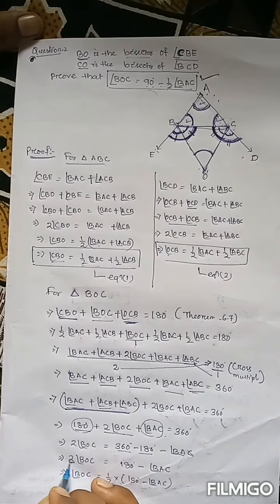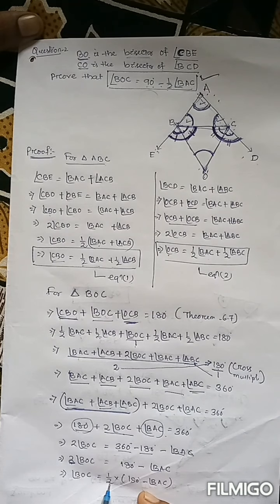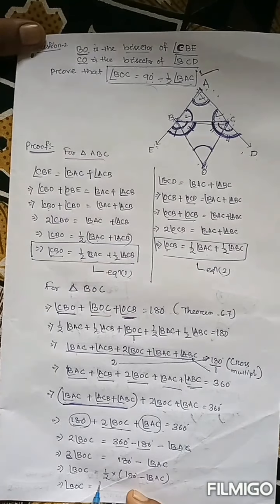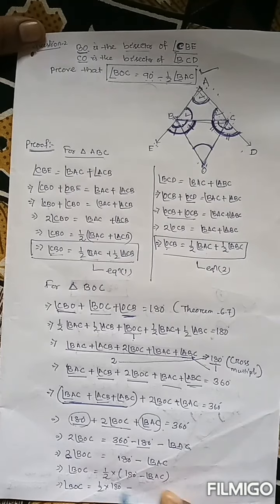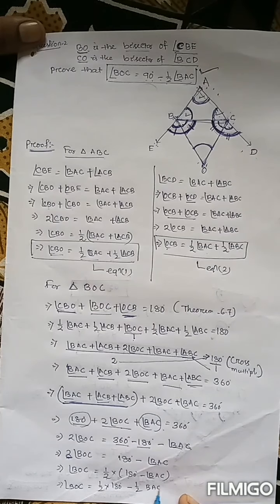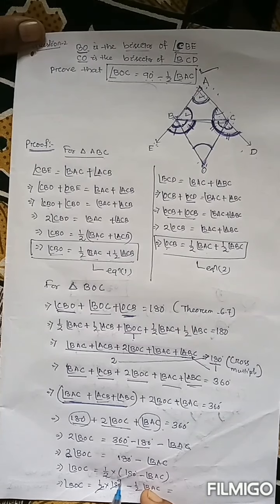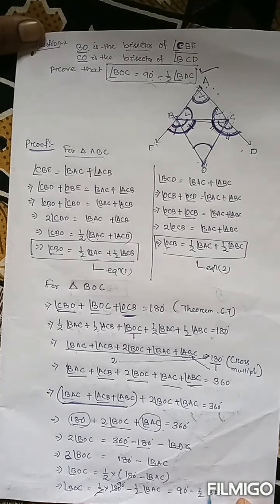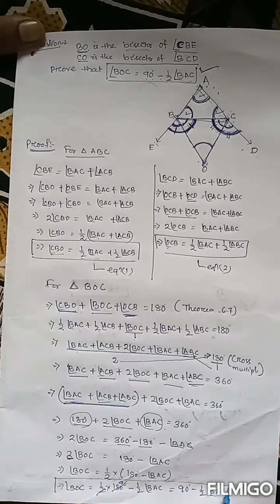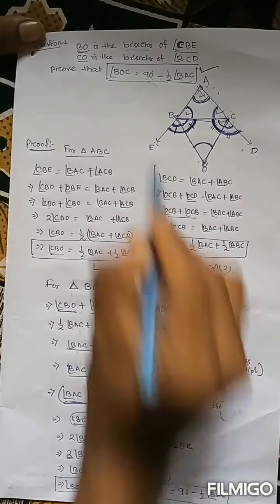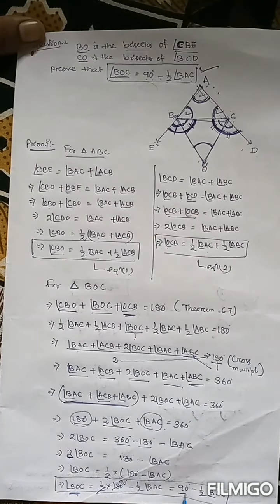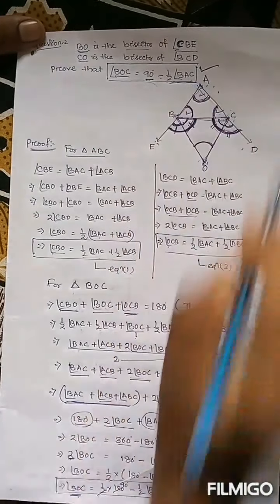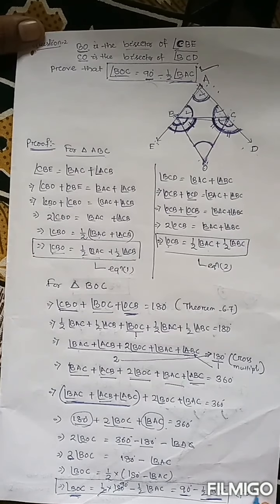Okay, here 2 is in the numerator, then when it goes to the right hand side, it will be in the denominator. So we find BOC is equal to half multiplied with 180 degrees. Again, this half is multiplied with BSC. Then after cancellation we get 90 degrees minus half of BSC. So this is our final result, that BOC is equal to 90 degrees minus half of BSC. So we proved it, hence it is proved. Okay.